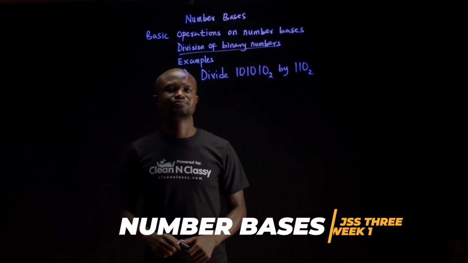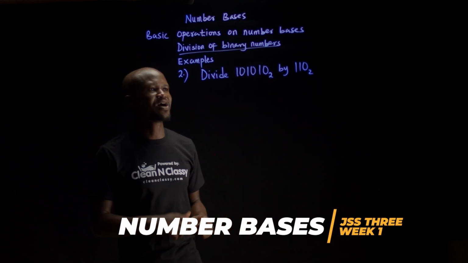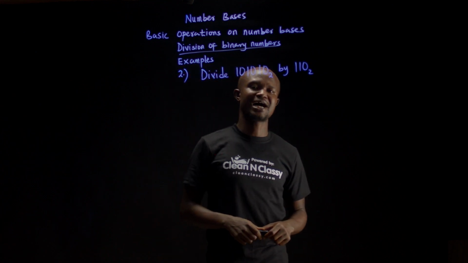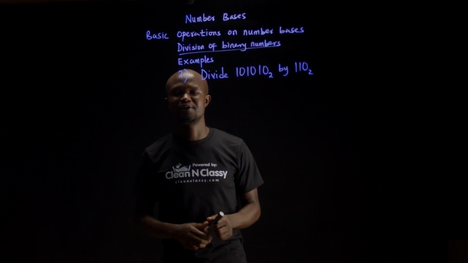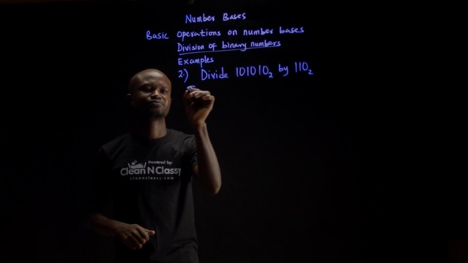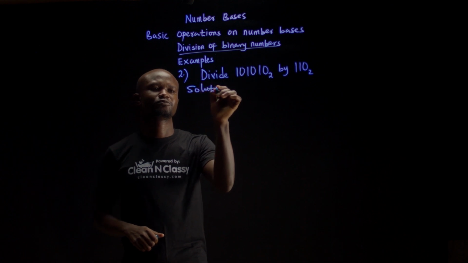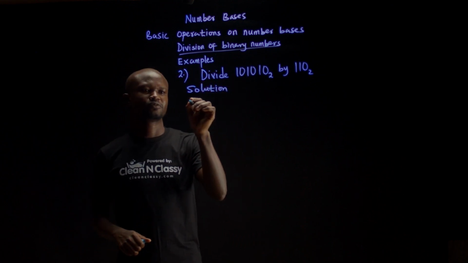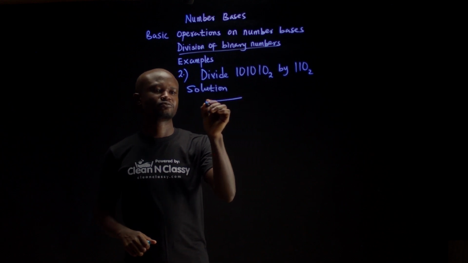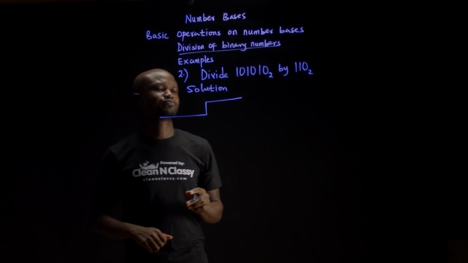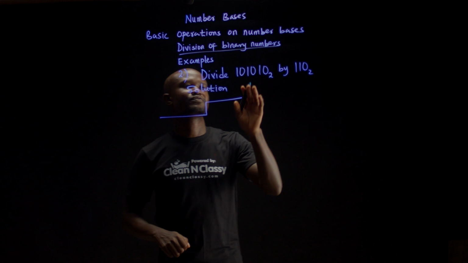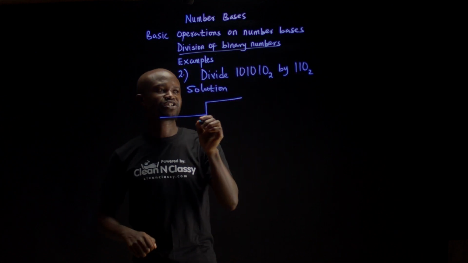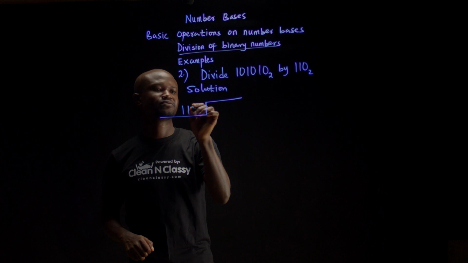Number 2, divide 101010 base 2 by 110 base 2. Solution. Now, this is our dividend and this is our divisor. Divisor 110